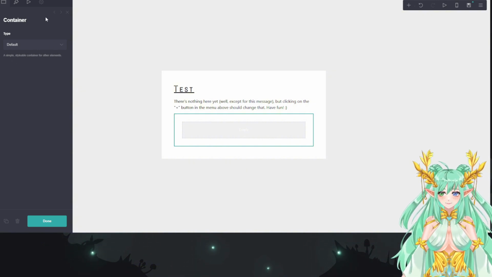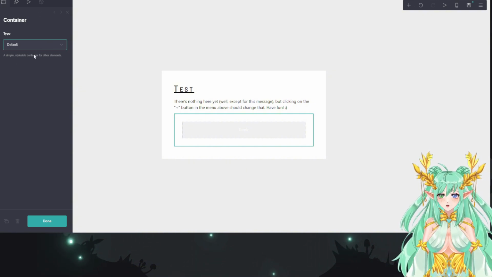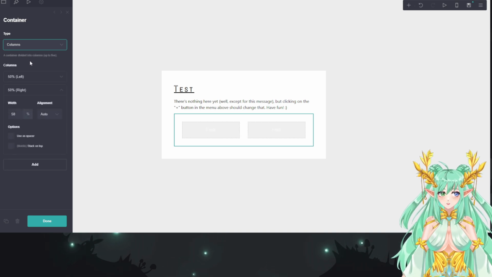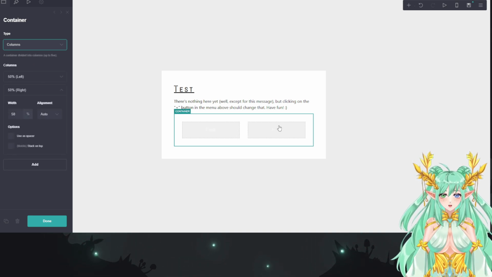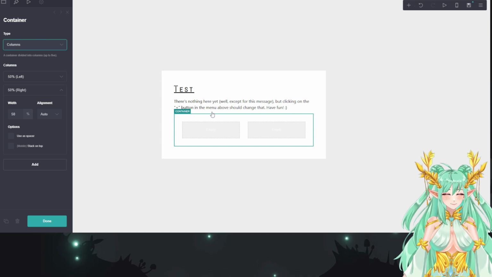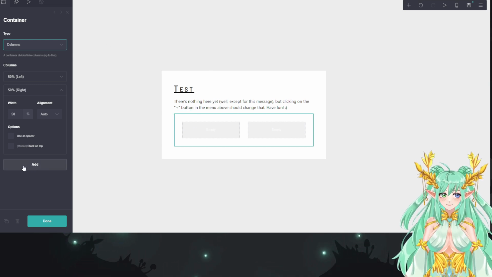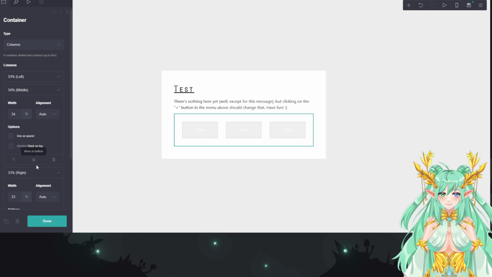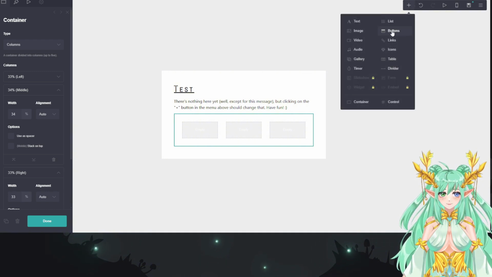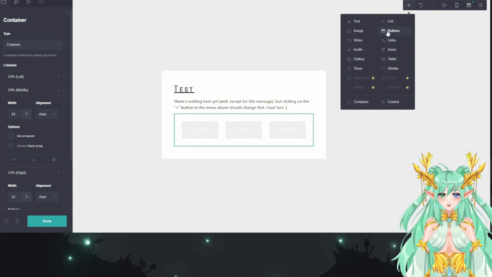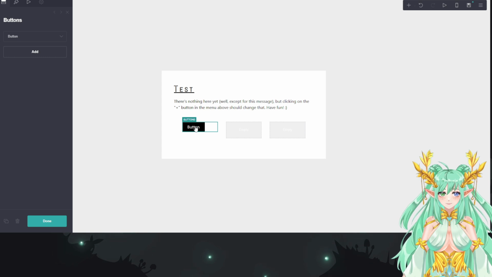over here, the first tab, and change it to columns. And you can have up to 5 columns in one row. And you can add it right here, add an additional column if you want to. You can put a button, you can put text, and then you can put an image. You can do all sorts of things. So like, for example, let's add a button. We'll put a button here,